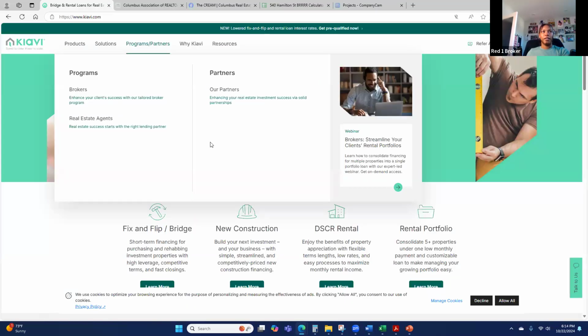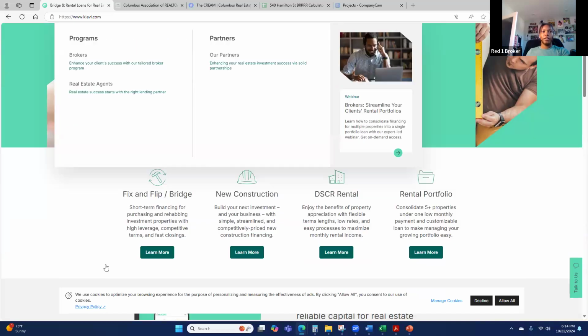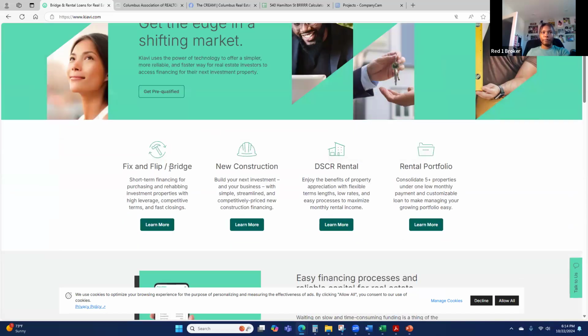The next thing is lenders. So there's tons of lenders out there. Kiavi is pretty well known, and they are in most of the states. They do fix and flip loans, new construction loans, which are typically reserved for a more experienced investor. If you want to do a rental property, or if you have multiple rental properties and you want to consolidate them into one loan,